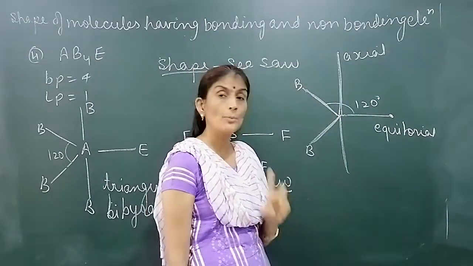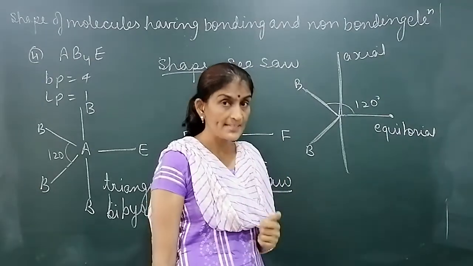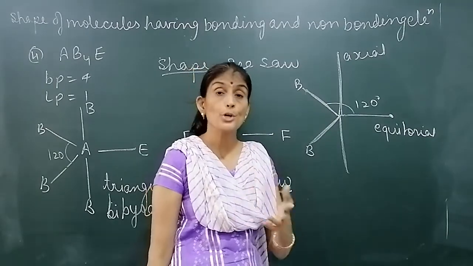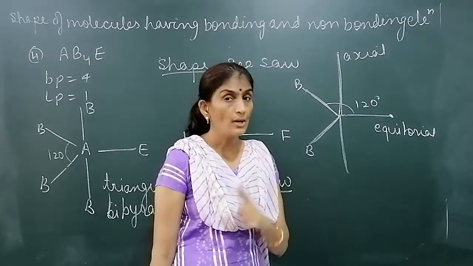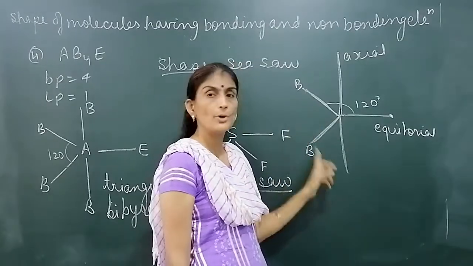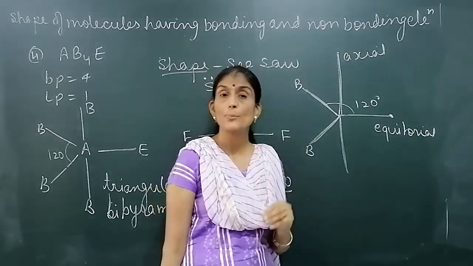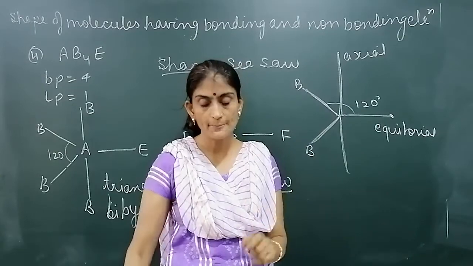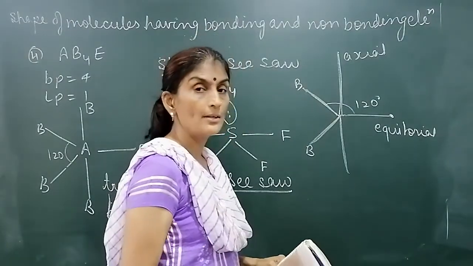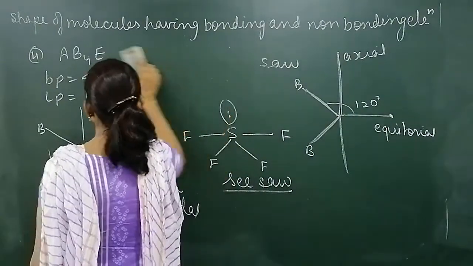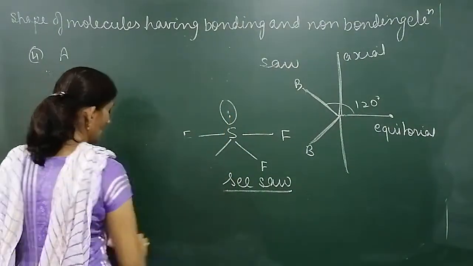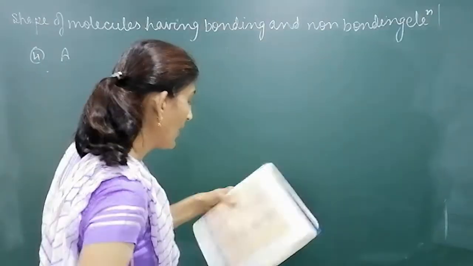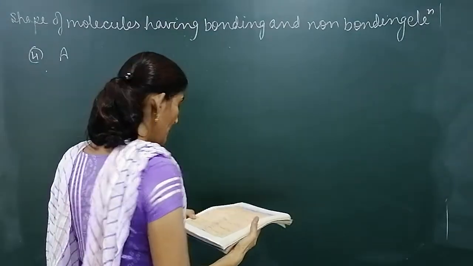If an electron pair which is a lone pair whose repulsion is maximum is placed at equatorial position, then the repulsion will be minimum. So in order to minimize the repulsion, the lone pair always occupies equatorial position. Any one of the equatorial positions will be occupied by lone pair of electron. We cannot place it on axial position. Clear? SF4 is the example. Shape is seesaw. Next molecule, it's AB4E. Now next is AB3E2.